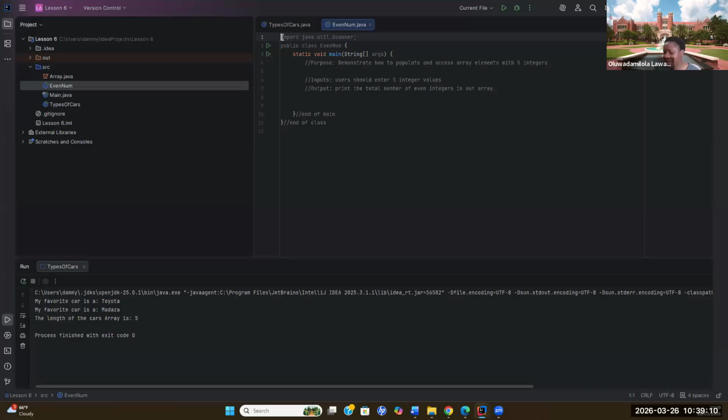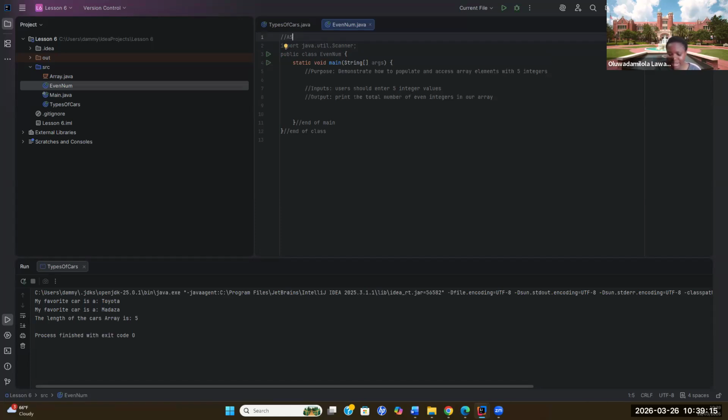So I need to add a comment of what I've done here. The comment is I'm accessing this kind of class. Why is this class important? We discussed that in our lesson 2. That is the class that helps us grab value from the keyboard. So now we understand this is the input. The user needs to input 5 integers, and we need to print the total number of the even numbers